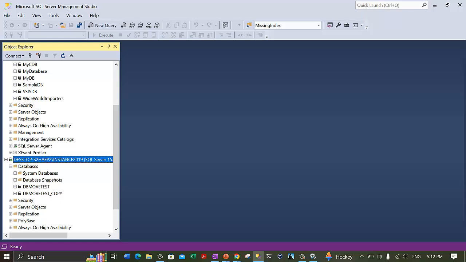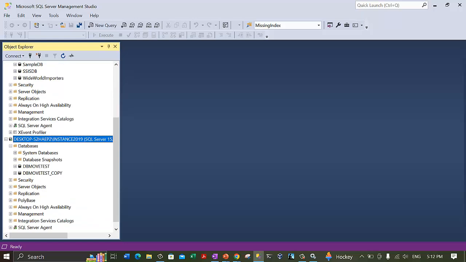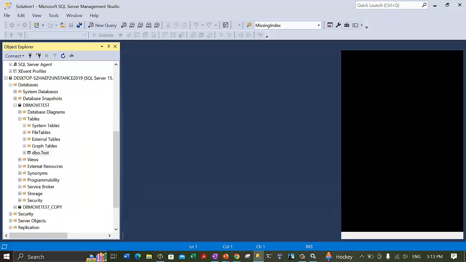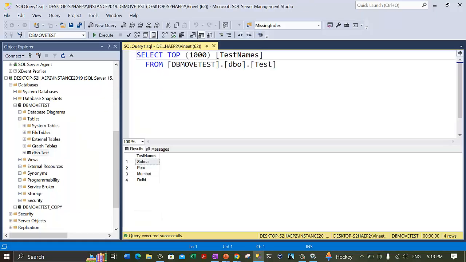We have a database, which is db move test, and let's see if we have some tables under that. We have a dbo test table, and let's select some rows from it to see if we have some data inside it. So yeah, we have some data. All right, so let's try to take the encrypted backup of this